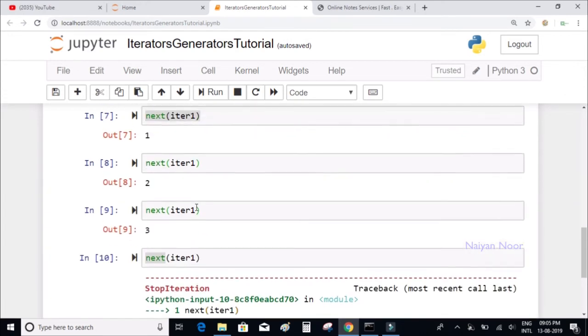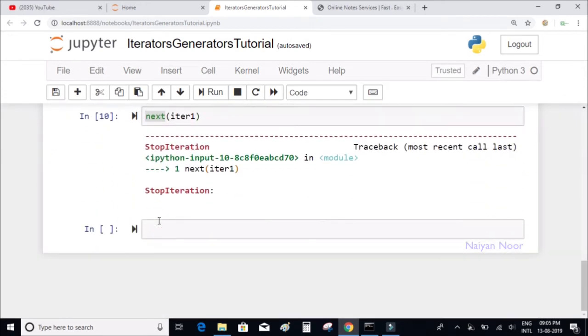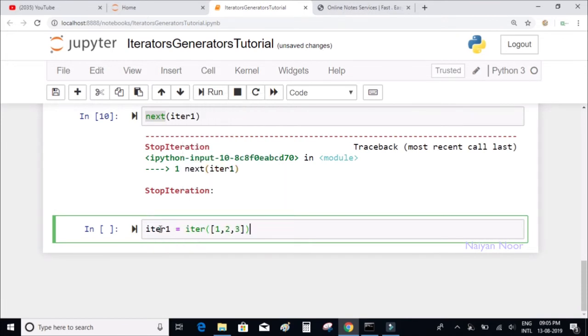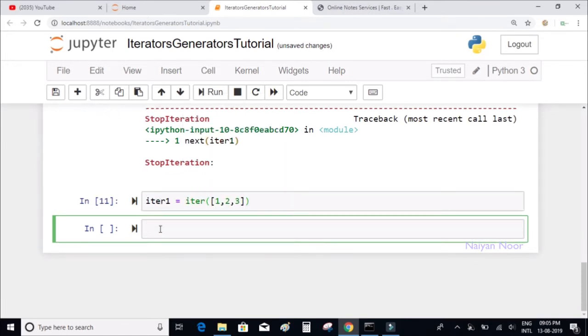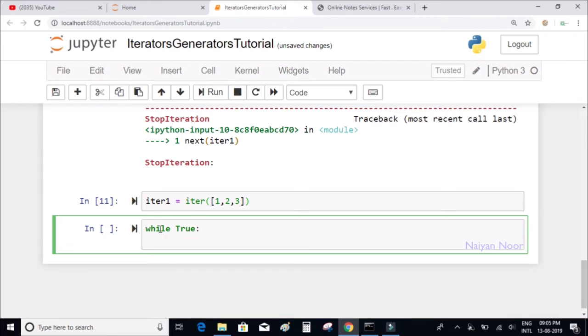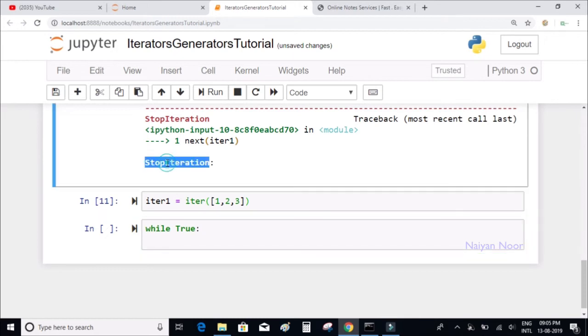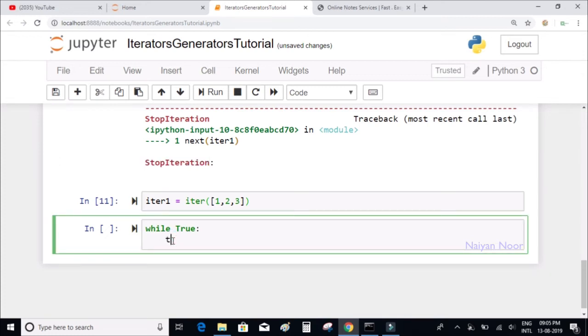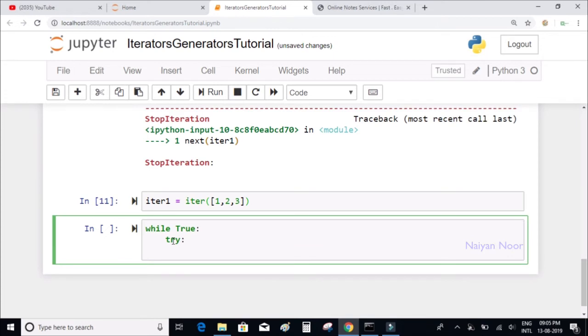So let me define this iterator object again. iter1 equal to iter of numbers 1, 2 and 3. I'll write a while loop, while True. It's going to execute continuously until a given condition is met. What is that condition? The condition is that it should throw an exception, and then it will stop iterating. So while True, you try printing the next item. I'll say next of